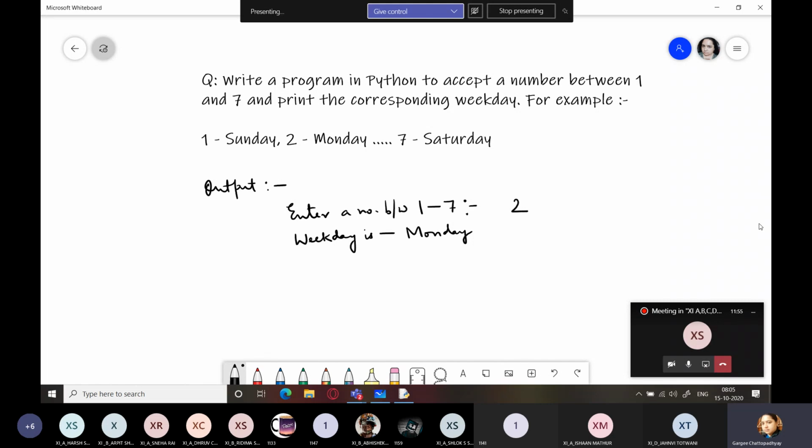If 2 is entered, it should print Monday. And so on. 3 should be Tuesday. So on up to 7, that is Saturday. And if any other value is entered, that will be considered as invalid entry. That is any other number, output should be invalid entry.